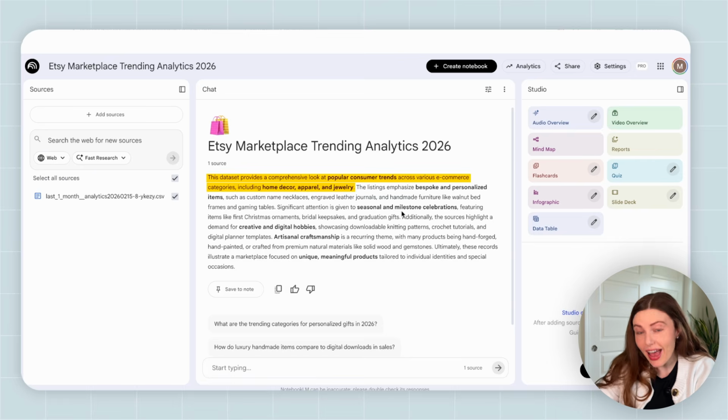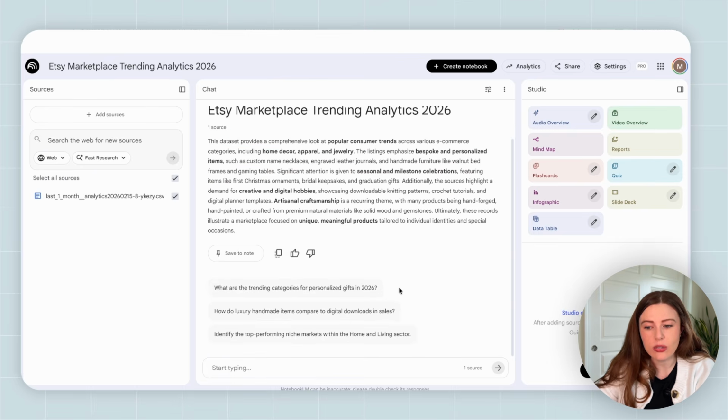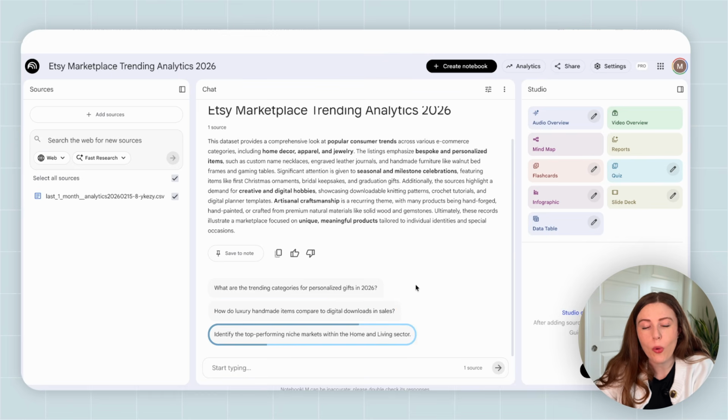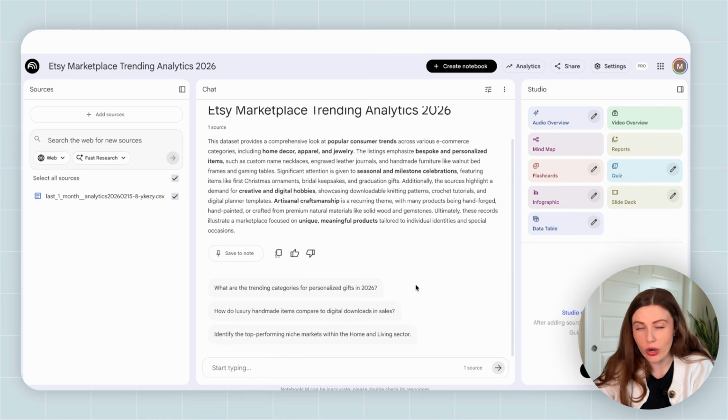And what it will do next is it's gonna actually spit out some potential prompts given the data that it's seen so far. So right off the bat, it's asking, what are the trending categories for personalized gifts in 2026? How do luxury handmade items compare to digital downloads in sales? And identify the top performing niche markets within the home and living sector. These are all great questions to ask,